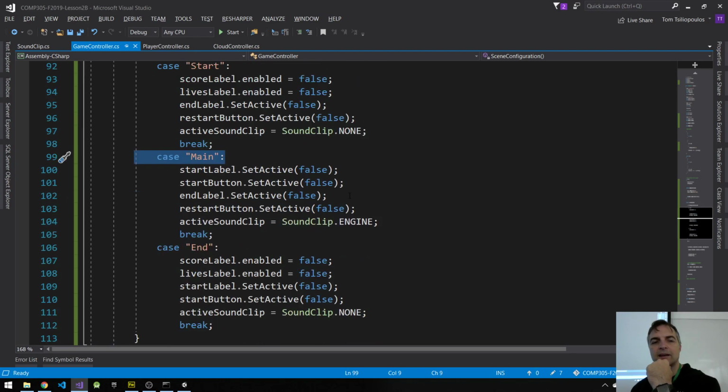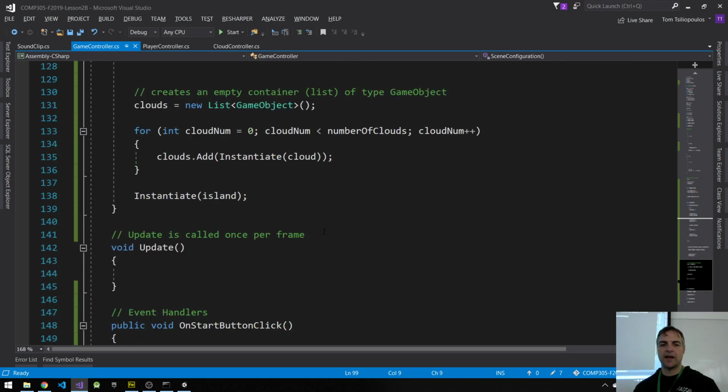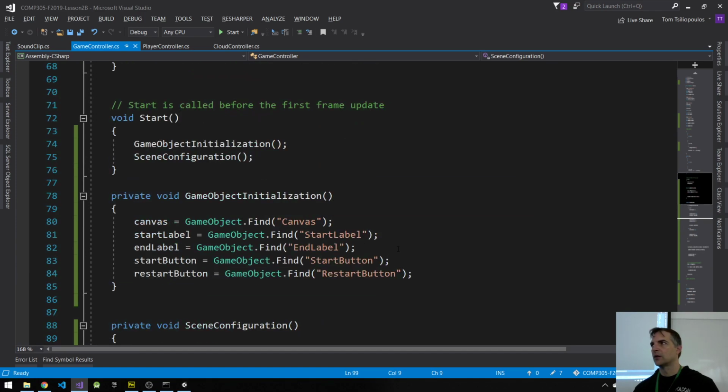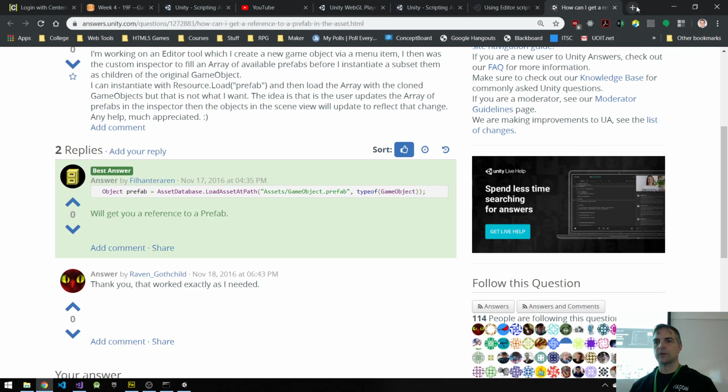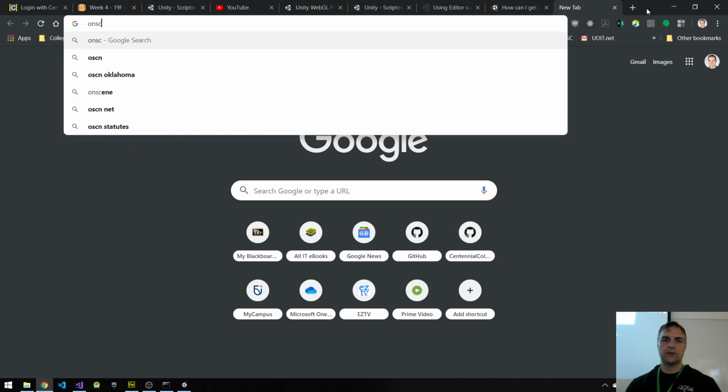And again, scene configuration is only going to happen one time, not when the scene loads. So that means it's got to be called somewhere when the scene loads. So on scene load somehow. Is there such a function? So again, we go back to our Unity lifecycle stuff. On scene load,